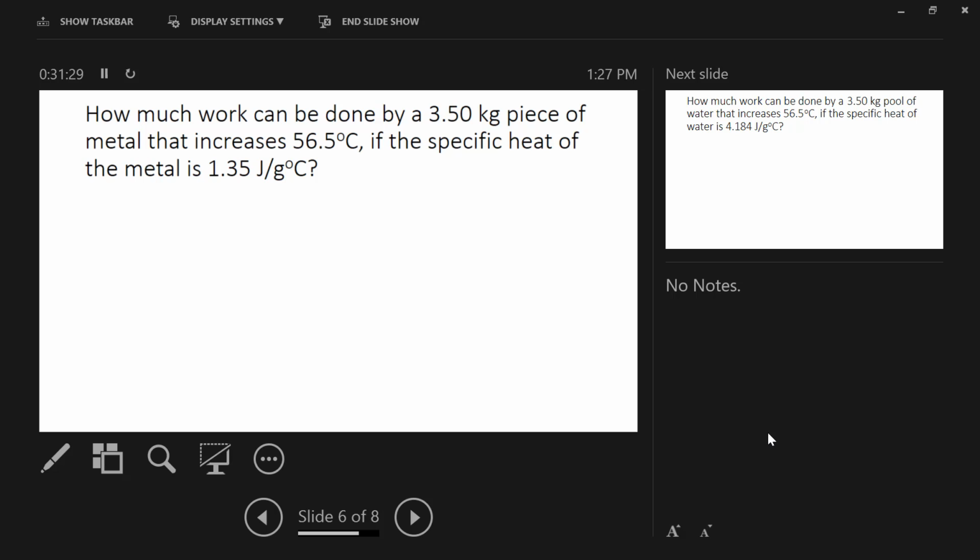What does that root kilo mean? Yeah, kilo means 1,000. So there are 1,000 grams in every 1 kilogram. So if we multiply 3.50 kilograms by 1,000 grams per kilogram, because there are 1,000 grams in every 1 kilogram, we're multiplying kilograms here, we're dividing it here, we can cancel those out. And we get 3,500